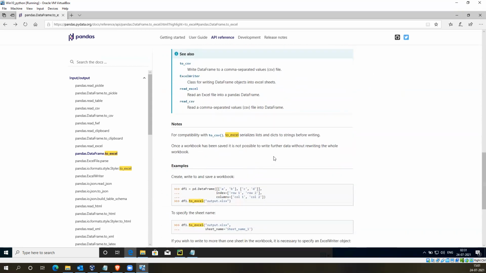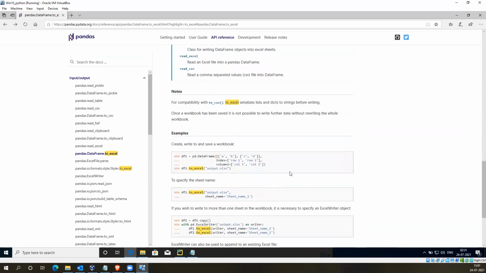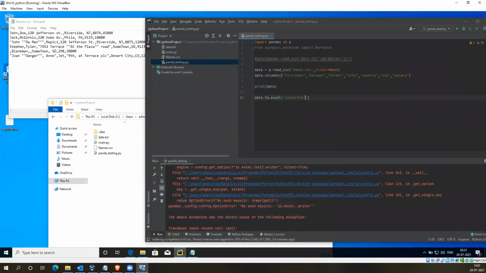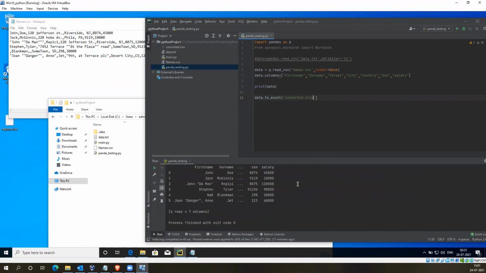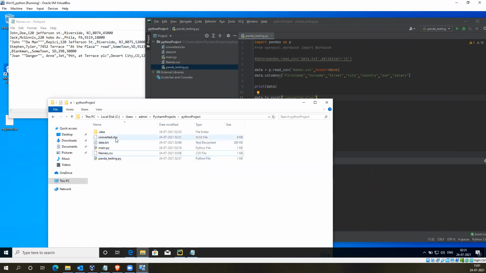Okay, it's expecting the extension. It's not saving directly.